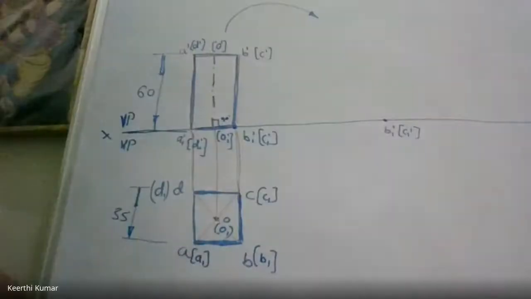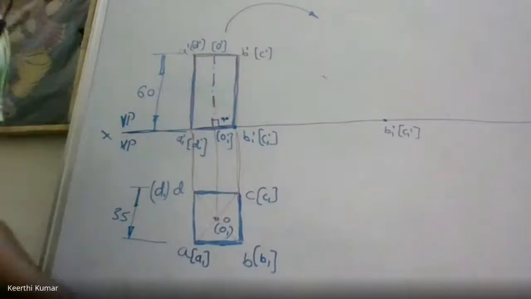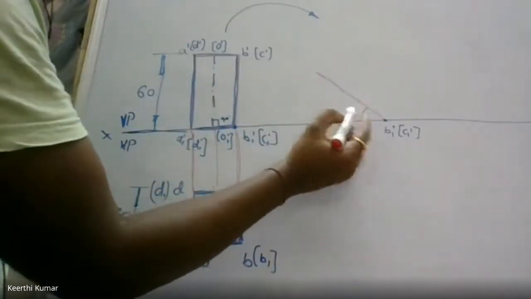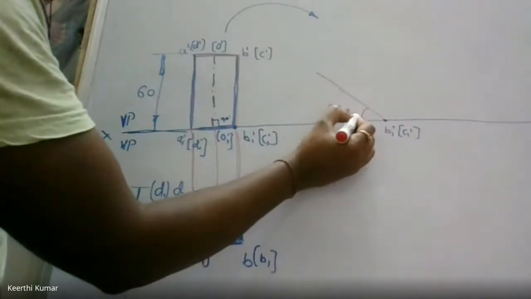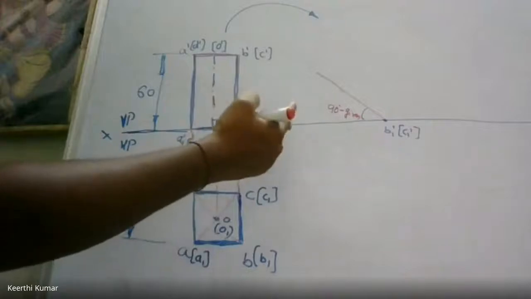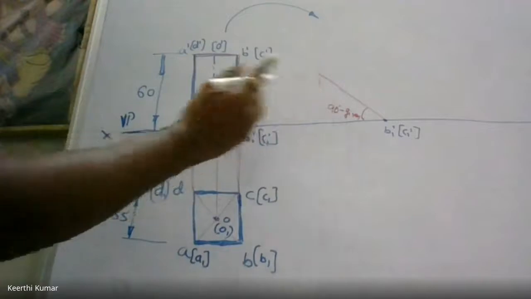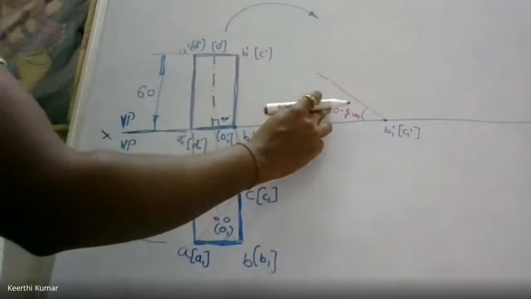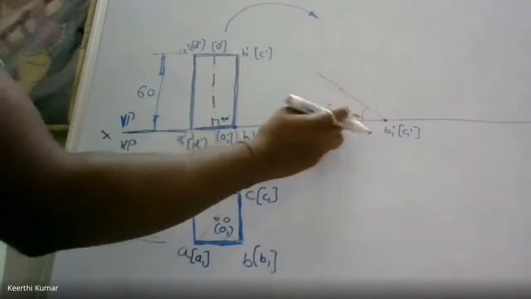Here he has given 45 for the axis, so I'll take the base first. I will keep a protractor. Sorry, I told that red color indicates projection line. First you keep a protractor and maintain this as 90 degree minus given. No need to write the angle there. Just for your reference, I'm writing 90 degree minus given. Given means what? The axis inclination. What is the axis inclination given? 45 degree. So here you take 90 minus 45. In some problem, it will be 90 minus 40, it will be 50. Like that, you take the angle.